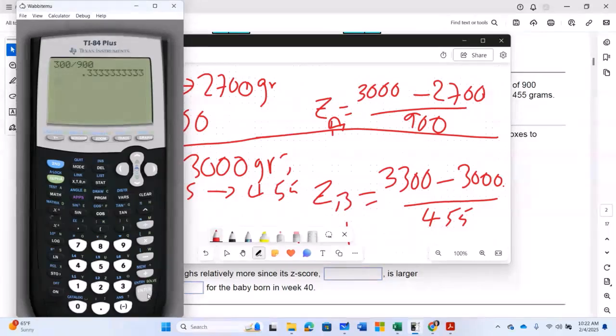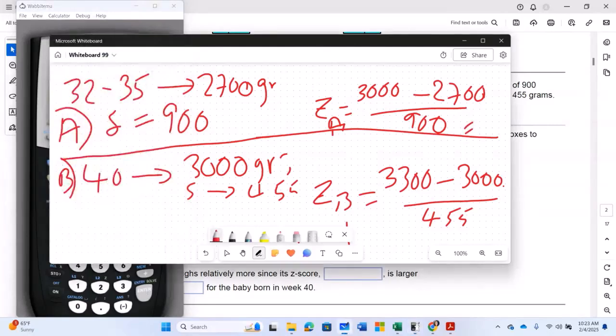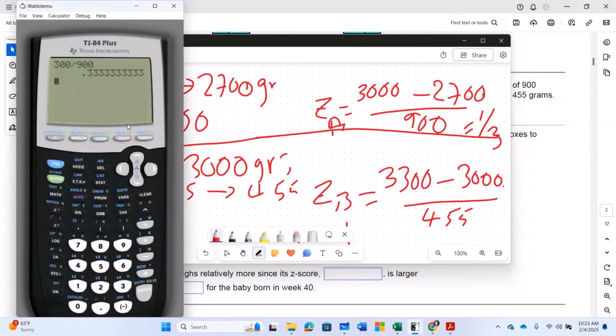And if I see that, I notice it is 0.3 or 1/3. So this z-score here is 1/3 or 0.3333. Okay, and then let's find the z-score for the second one, ZB, and that z-score is 3,300